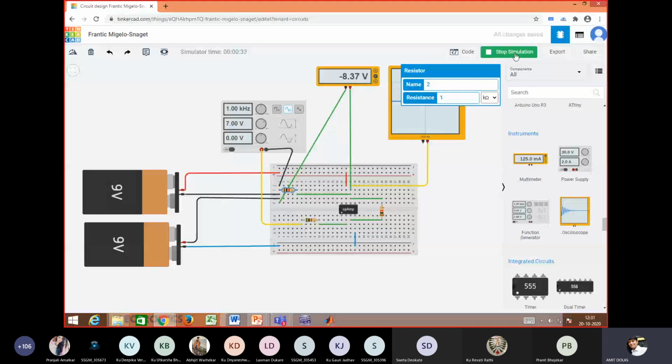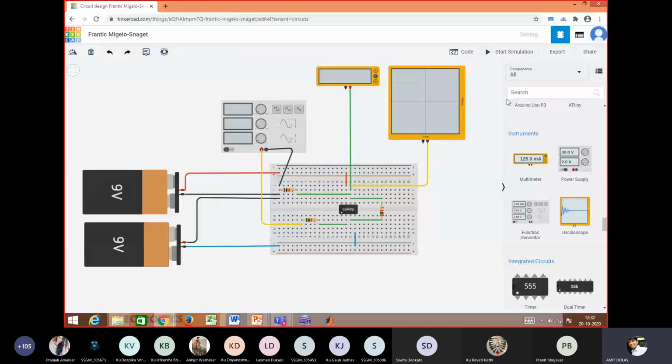Let's check the feedback voltage, or what we call the threshold voltage. Later on we'll decide what to do. Threshold voltage will be at pin number 3.